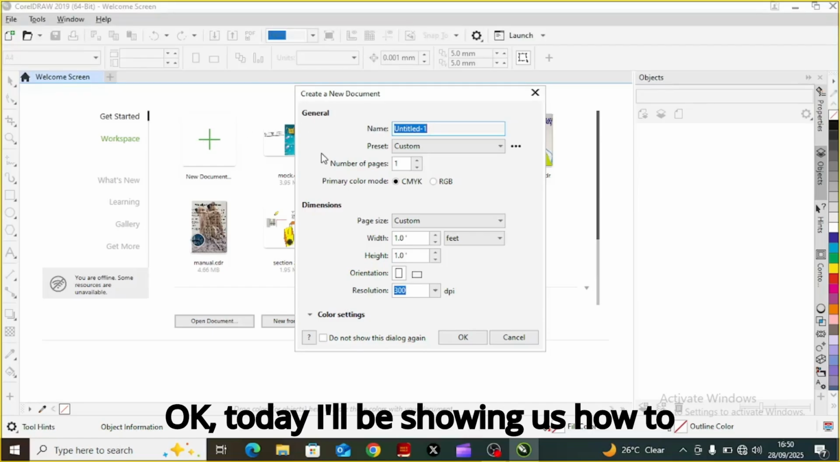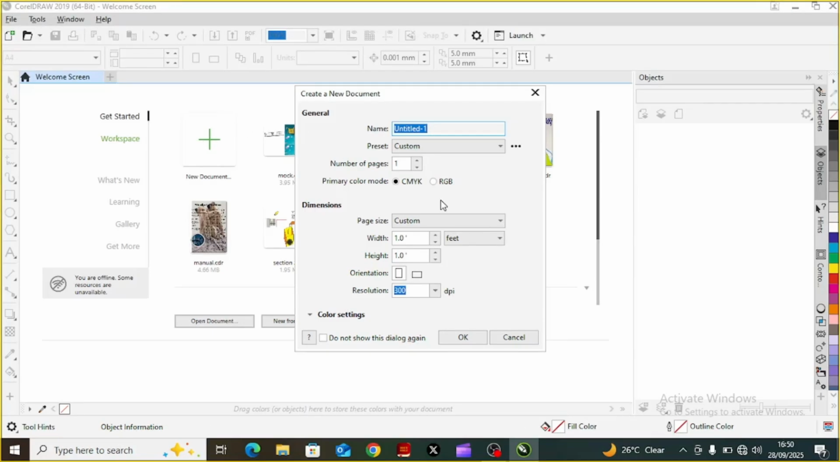Okay, today I'll be showing us how to edit a document and make it clean. So let's dive in. I just call this document,